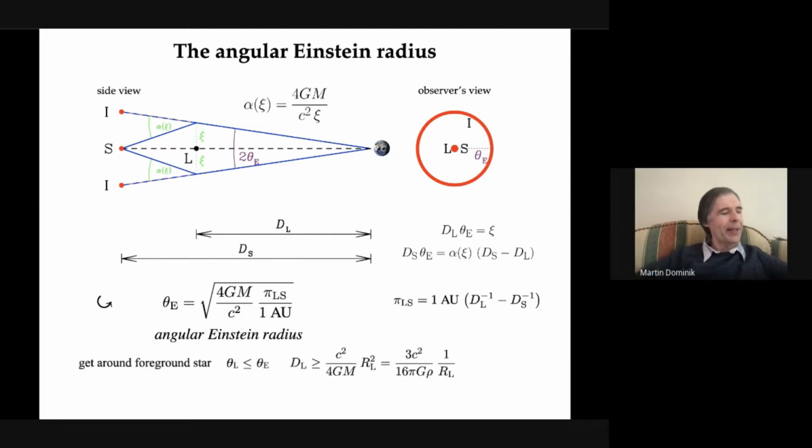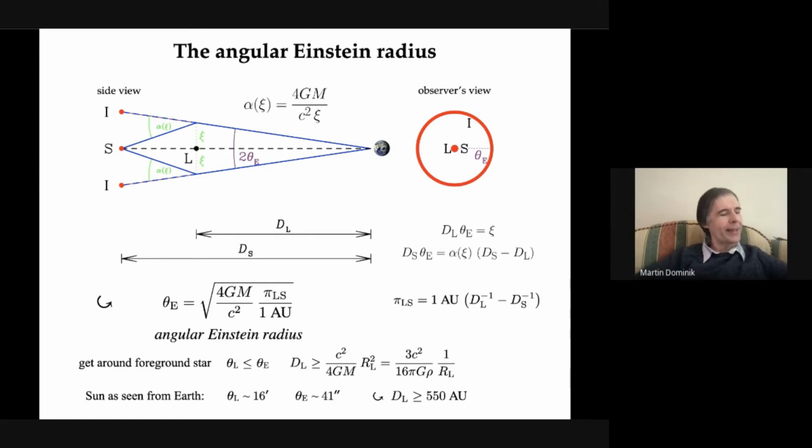We can only see the bent light of the source star if the light gets around the foreground object, which means that its angular radius has to be smaller than the angular Einstein radius. This implies a lower limit to the lens distance, which for the Sun evaluates to 550 AU, whereas an observer here is much closer than that. Eddington and colleagues only saw light coming along one path near the edge of the Sun, not passing either side. For all other foreground stars, light rays won't be blocked.